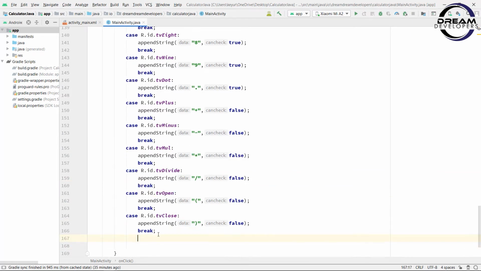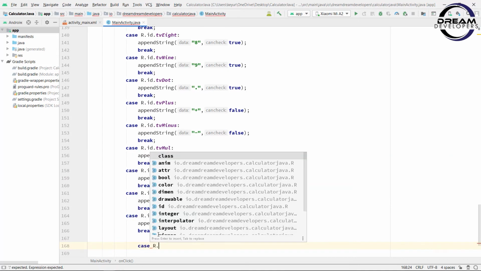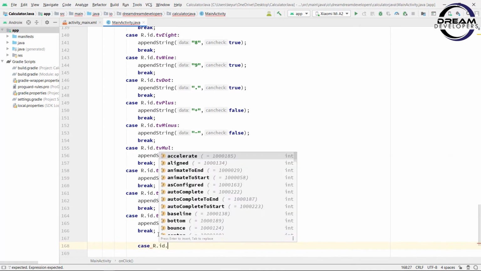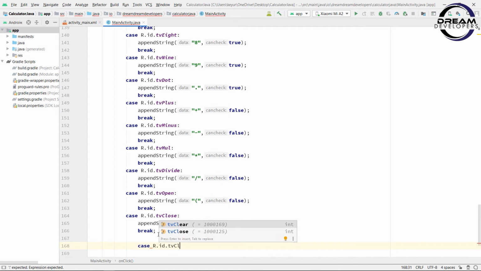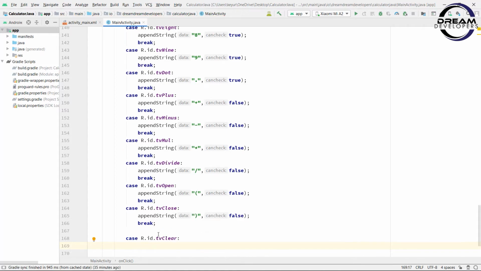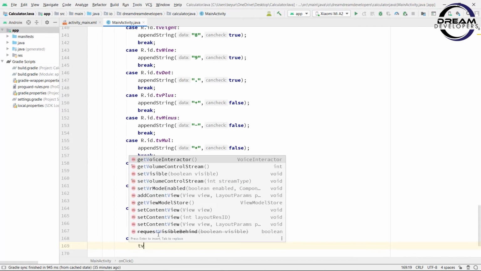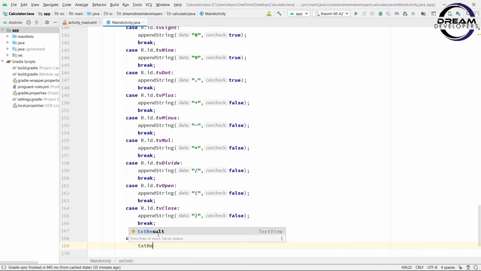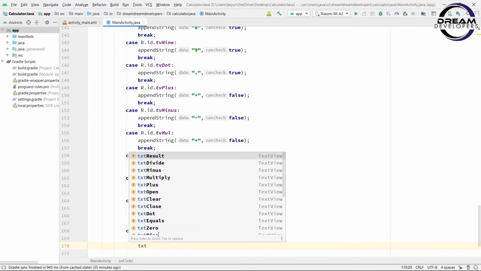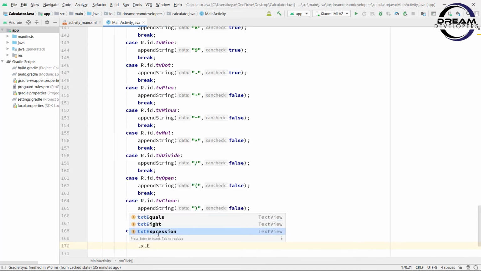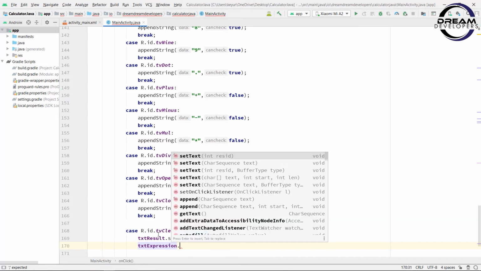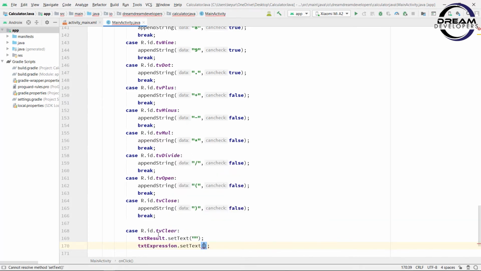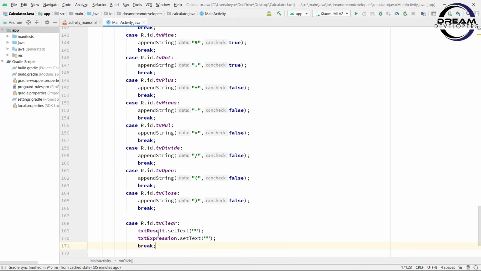Now we will write the click event of the clear button. So write R.id.tv_clear. Here we will clear both the text views. So write txt result dot set text, and here we will pass null. After that we will clear the expression. So write txt expression dot set text, and here we will pass null, and at the end we will